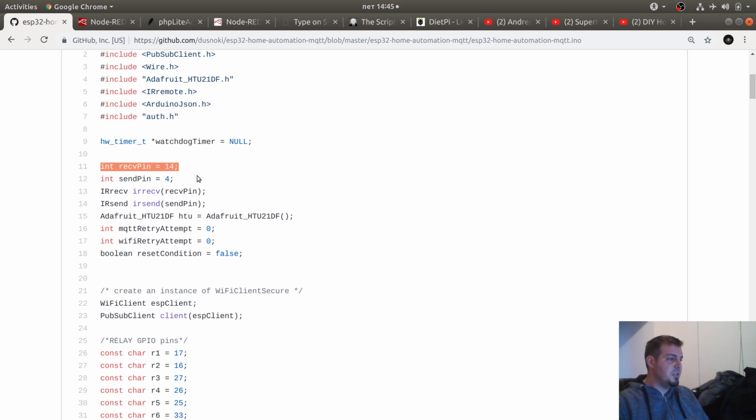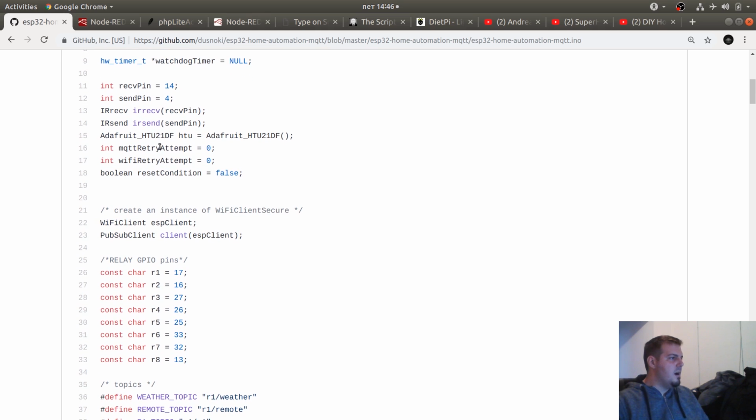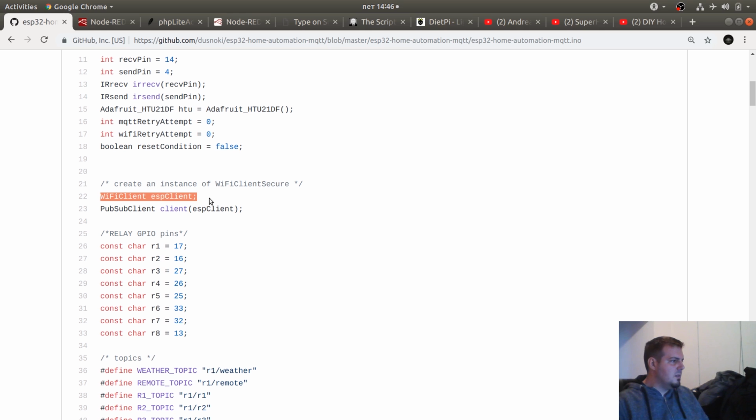So I'm just initializing the pins that are going to be used, the receiver pin and the send pin for infrared, if you saw my previous video. I'm initializing the HTU21D sensor, and some MQTT retry attempts and Wi-Fi retry attempts, initializing them as 0, and whenever this passes a certain number, it automatically restarts the ESP32. Also a reset condition. Here I'm initializing the Wi-Fi client, the MQTT client,